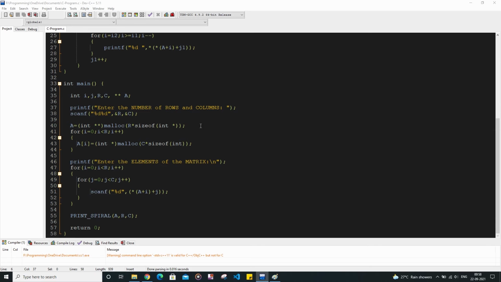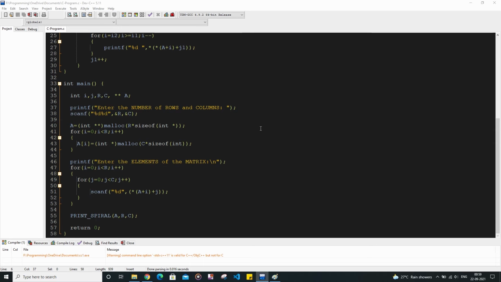First, we allocate r number of rows, and then for each of the rows we allocate c spaces, which are the column spaces for each row. So by this we allocate r cross c memory locations of integers inside the double pointer a.